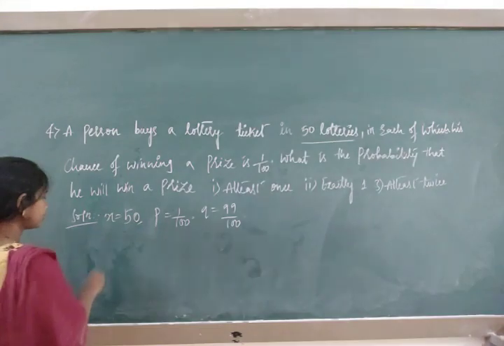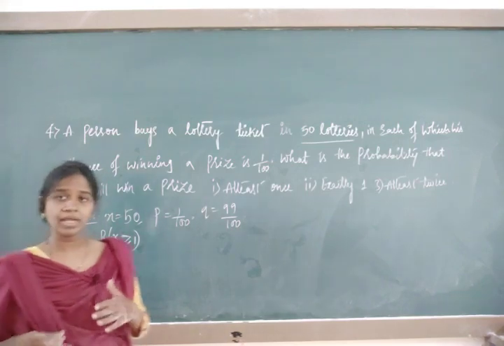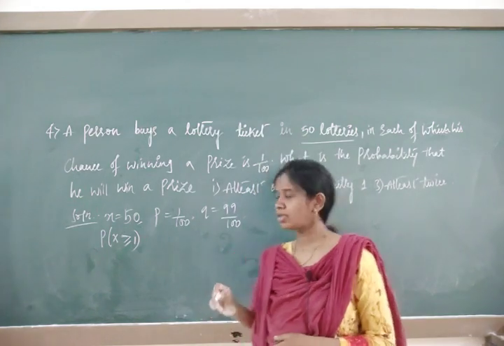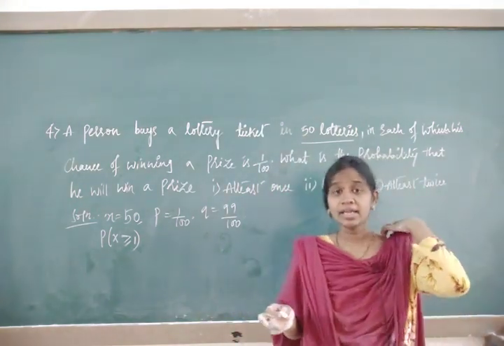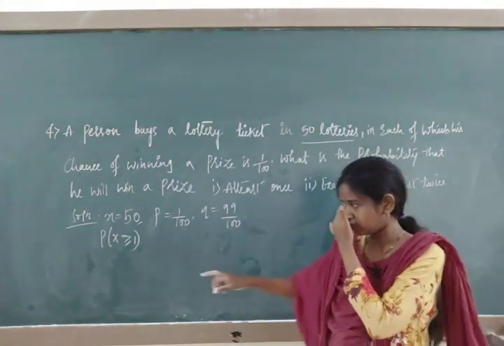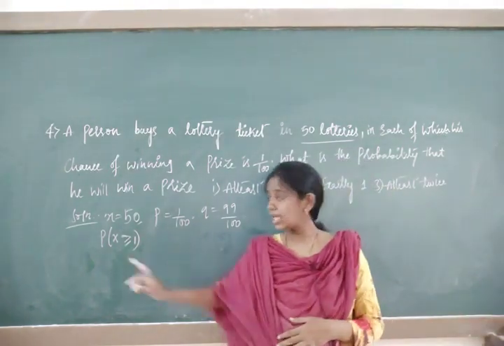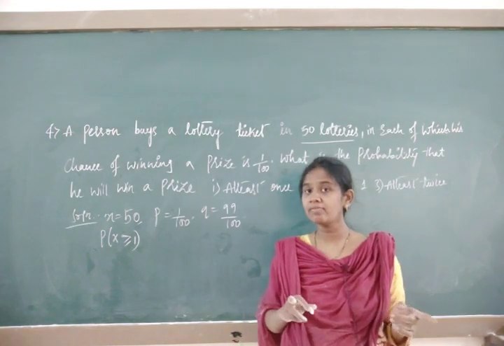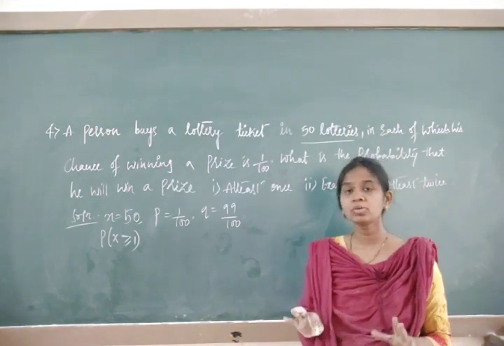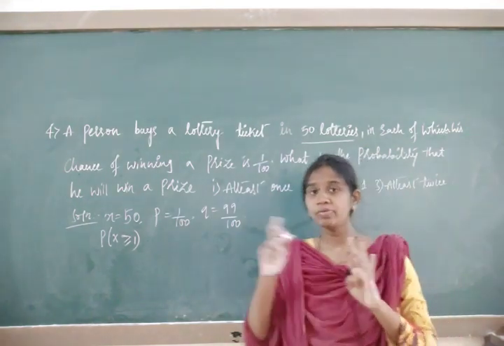Now, what is the probability that he will win at least 1 prize? At least 1 means P of x should be greater than or equal to 1. You have to take increasing order where n is present up to 50, so it's very difficult to write. In that case, the probability range will be 1, 2, 3, 4, 5, 6, 7, and so on up to 50. Here x indicates the random variable, and in the random variable 0 will also come, so this is somewhat complicated to write. Because the value is higher, it goes up to 50.